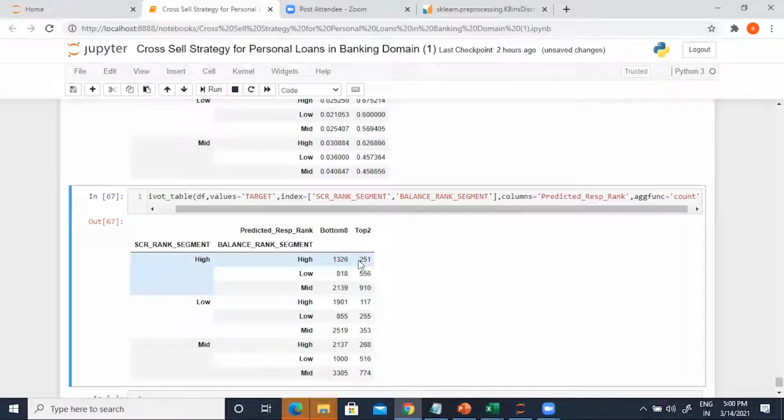So 251, go after everyone. 70% of 900, go after 560 of these guys, randomly picked. 70% of 353, you can go. 50% of low, you can go. So 100, 70, 50, some strategy that you can build.